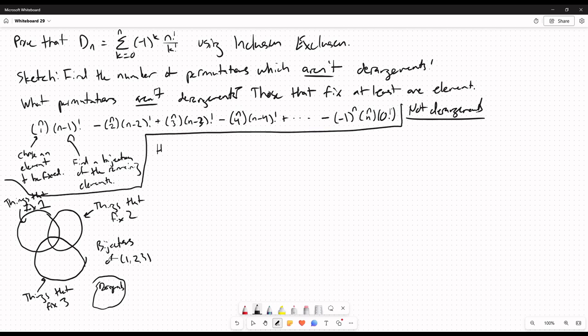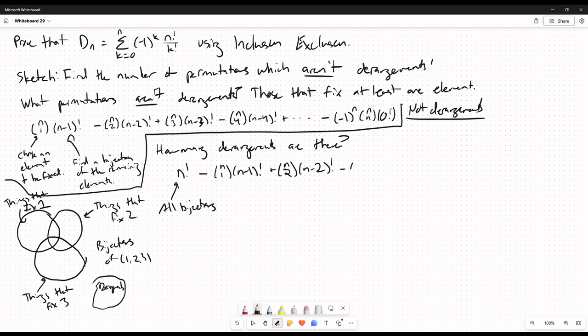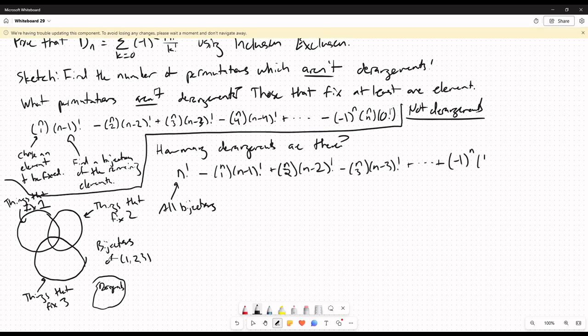So how many derangements are there? Well, there's n factorial bijections. And now I want to subtract the non-derangements, which is going to basically flip the signs in front of each of these. So n choose 1 times n minus 1 factorial plus n choose 2 times n minus 2 factorial minus n choose 3 times n minus 3 factorial plus all the way up to, and now I can go ahead and put a positive sign, make it negative 1 to the n, n choose n of 0. In fact, I'm not even going to write that as 0. I'm going to write that as n minus n factorial,